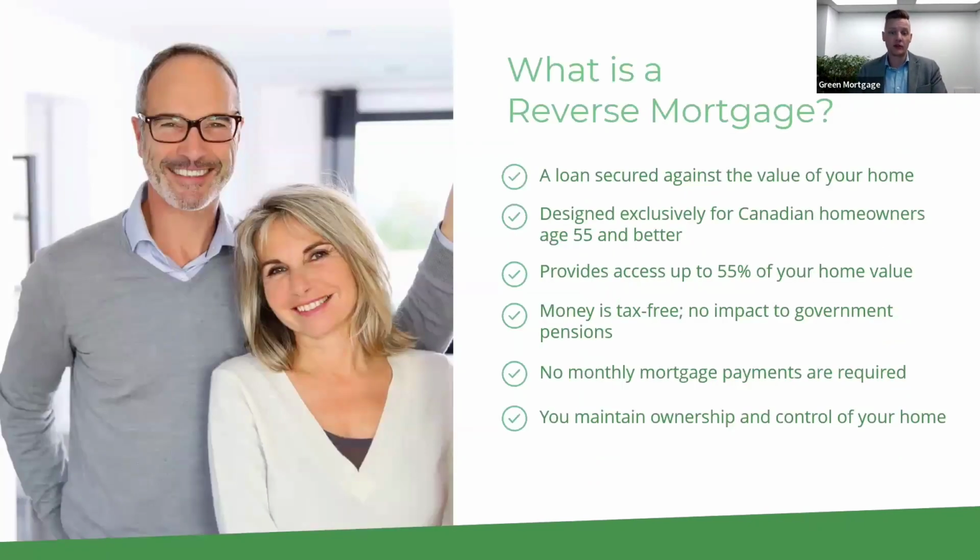So first of all, what is a reverse mortgage? It is a loan secured against the value of your home. It's designed exclusively for Canadian homeowners that are aged 55 and older, and it provides access to up to 55% of your home value. One of the cool things is that the money is all tax-free, so there's no impact to government pensions, no impact to taxable income or anything like that. And probably the biggest feature is that no monthly mortgage payments are required, and you maintain ownership and control of